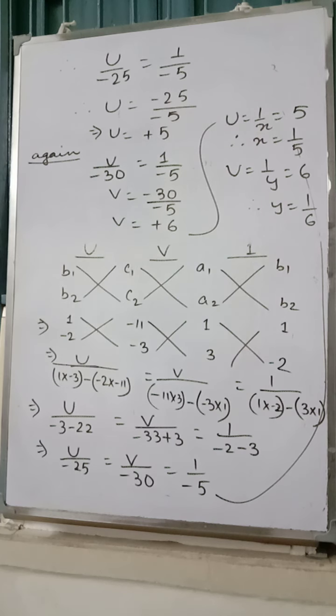In the same way you have to do question numbers C, D, E, up to F. B already we have done, C you have to do, then D, E, F, where you have to take 1 by x plus y is equal to u and 1 by x minus y is equal to v. Now this Saturday and Sunday, I will not be sending the videos, so you have enough time. You finish up to question number F, and if there is any doubt you can ask me in the comment box. Okay, you have to finish up to F.